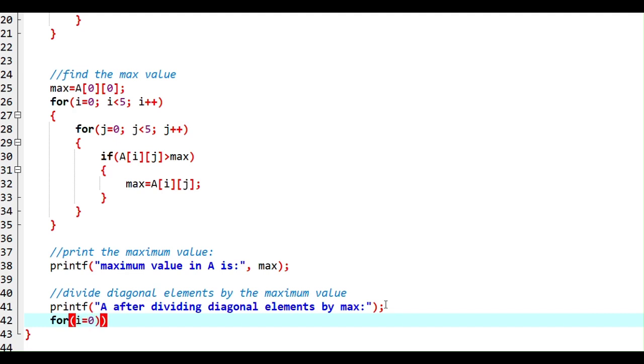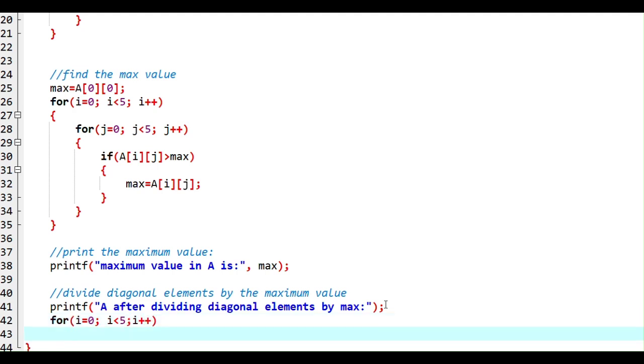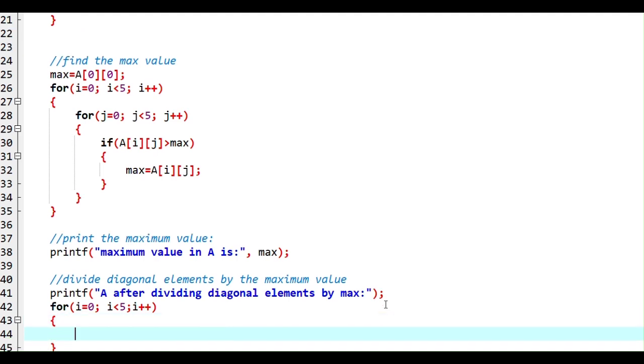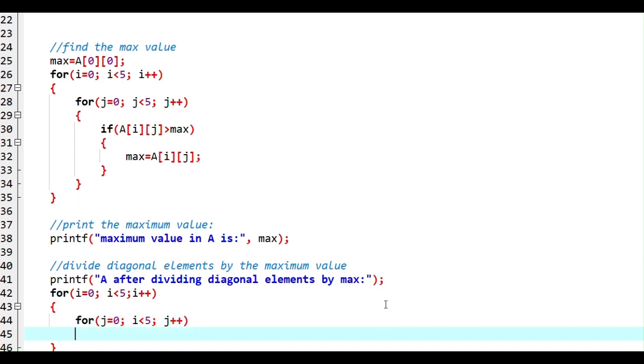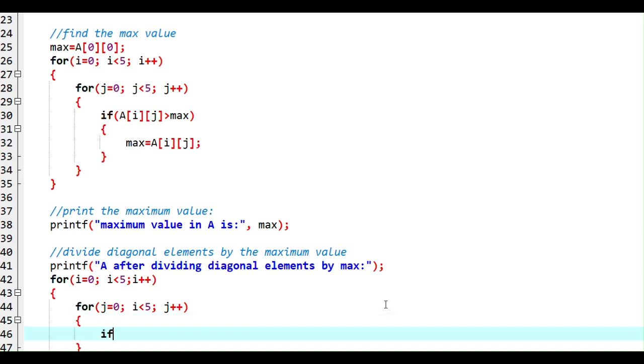i equal to 0, i is less than 5, and i plus plus. Also for j equal to 0, j less than 5, j plus plus. Now I need to use the if else statement. If i is equal to j,